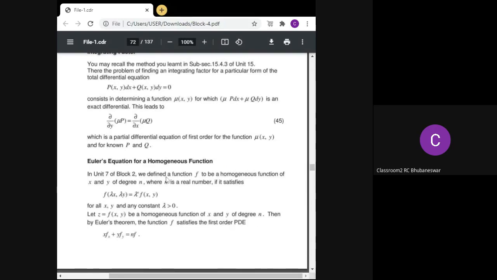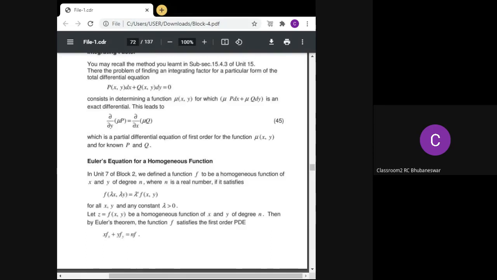Now look at one of Euler's equations for homogeneous functions. As we have already discussed the homogeneous function in unit 7 of block 2, according to the definition of a homogeneous function of independent variables x and y of degree n, the general expression is f of lambda x, lambda y equals lambda to the power n times f of x y, where lambda is any constant, a positive real number. So if we use a relation in the form z equals f of x y, and f of x y is a function of x and y of degree n,